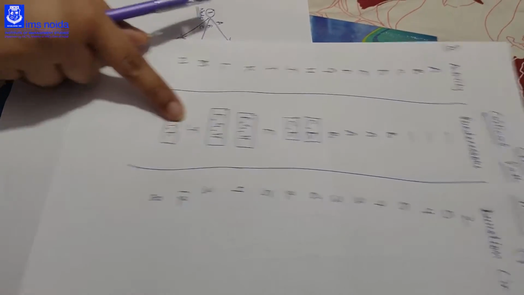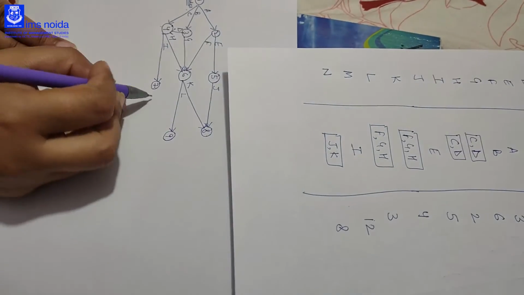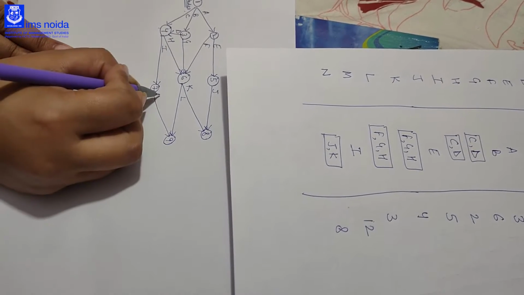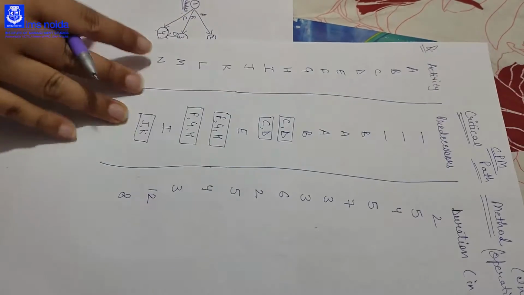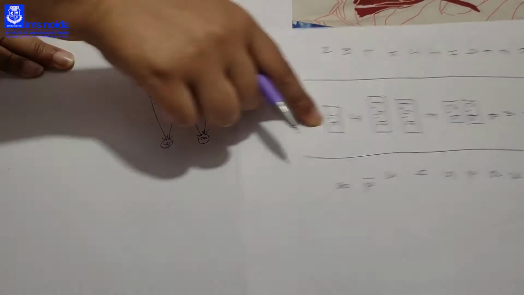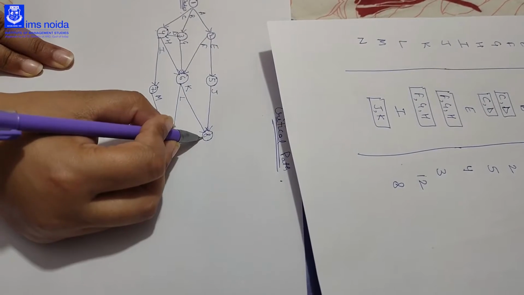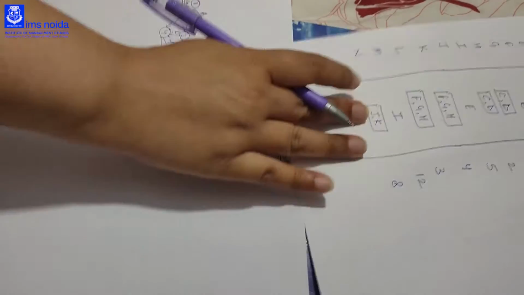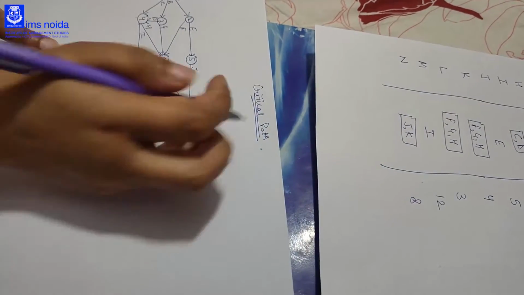So M is starting with the I. M will start with the I, that is 7th node, and combined with the 9, that is your end node, that is M. Then N will start with the combined node of J and K, and N will be the end node, that is starting with the 8 and ending with the 9, that is your N. So you have made the critical network.